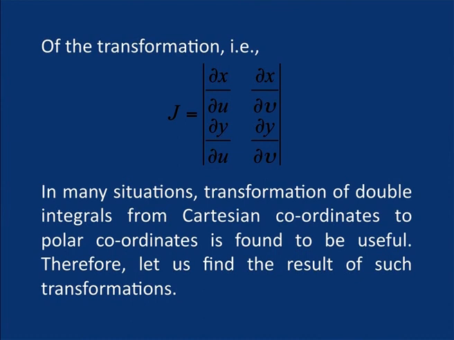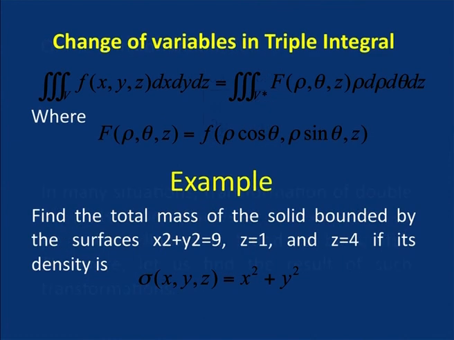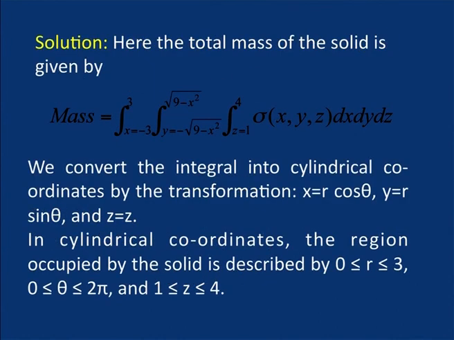In many situations, transformation of double integral from Cartesian coordinates to polar coordinates is found to be useful. Therefore, we perform the change of variable of integration from Cartesian to polar as follows. The example here is: find the total mass of the solid bounded by the surface x square plus y square is equal to 9, z is equal to 1 and z is equal to 4. If the density is sigma(x, y, z) is equal to x square plus y square,